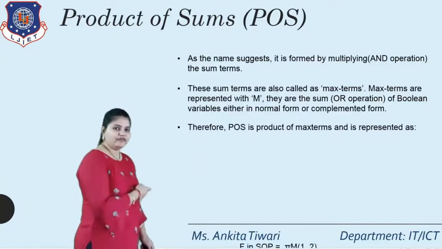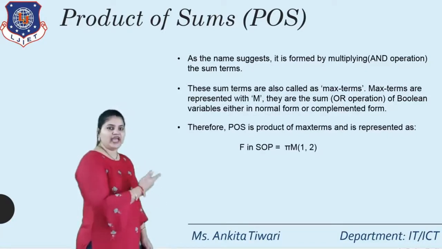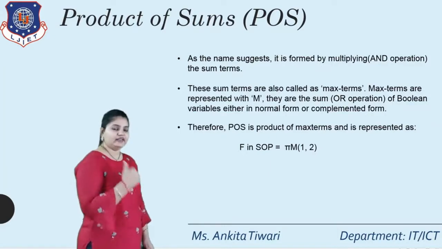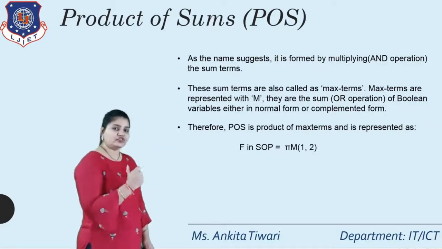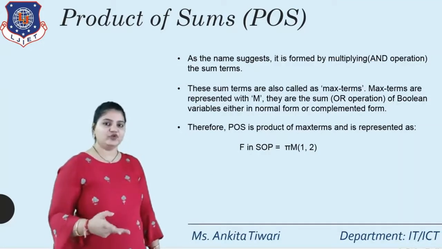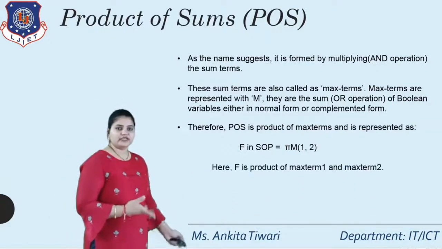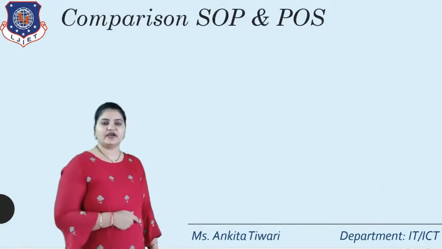Okay, now here with an example, the same thing that we have seen in SOP. Okay, now F in SOP. So here F in POS will be sigma pi m opposite, and there it was 0, 3. So here it will be the opposite of it. So if we are discarding 0 and 3, how many numbers are left? 2. Which ones? 1 and 2. So here values 1 and 2 are taken. So here F is the product of sum of max term 1 and max term 2.